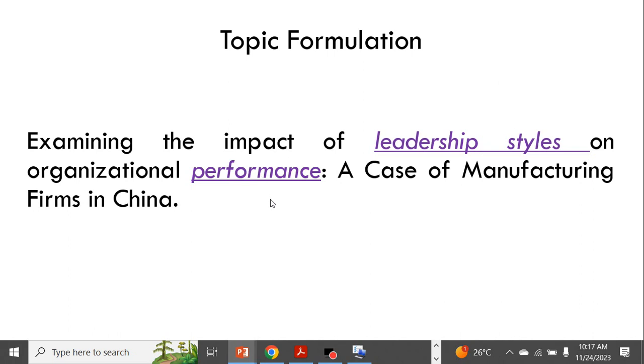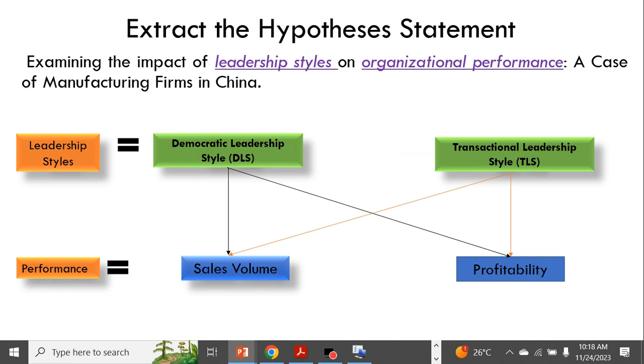By implication, we are going to use that as a basis for extracting our hypothesis. Basically, the leadership style will represent the study independent variable, while the performance will represent the study dependent variable.